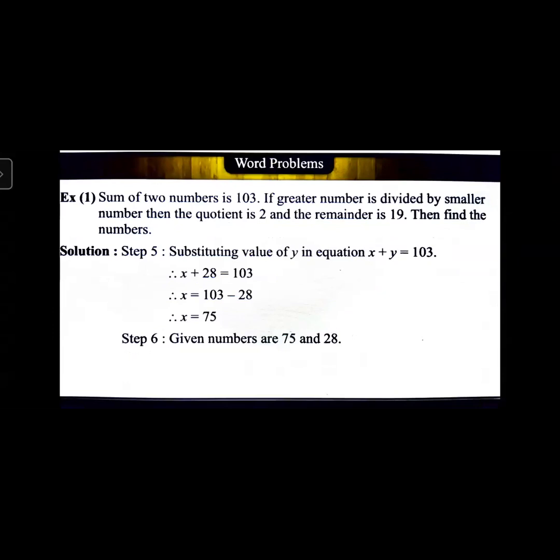So you do the addition. 75 plus 28 is 103. And when you divide 75 by 28, the quotient is 2 and the remainder is 19. So you are satisfying both the conditions, therefore your answers are